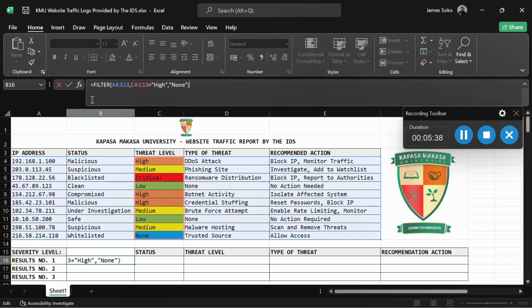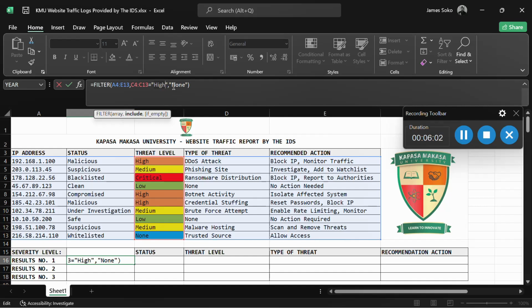Just to repeat, each formula starts with an equal sign, filter is our function, then we are targeting A4 to E13 as our data set or array. Then we want to include this data set which only contains threat levels, and we are targeting a string or a value which is equal to high.